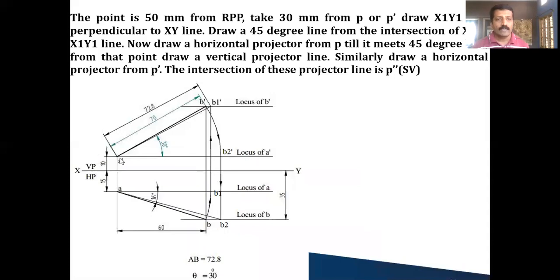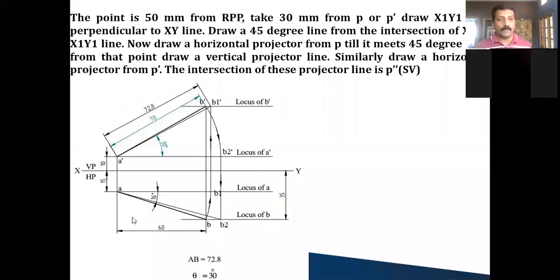That means first what you have to do, A dash as the center, B dash as the radius, that is your front view length. You draw an arc first and call this as B2 dash, and from B2 dash you draw a vertical projector. So wherever it cuts this locus of B in the top view, you join it. So this AB2 is your true length diagram. Okay, it should be a medium thick.